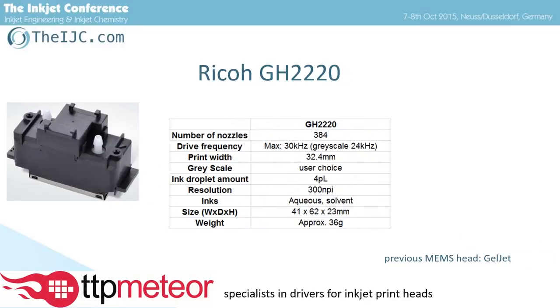I mentioned the Ricoh GH2220 because it's on the market now. We have driver electronics for it. It uses MEMS on the inside, but not on the nozzle plate. So the structure, all of the fluid path, has been created by silicon MEMS, so a very accurate fluidic path up to the inside of the nozzle plate itself. And that, along with Ricoh's manufacturing capability to make a great deal of these for the gel printer range, means that, again, the manufacturing costs of this are extremely low